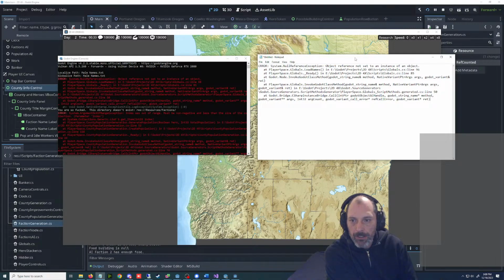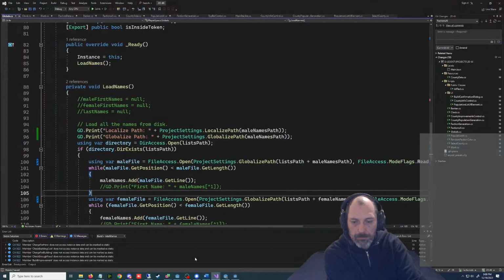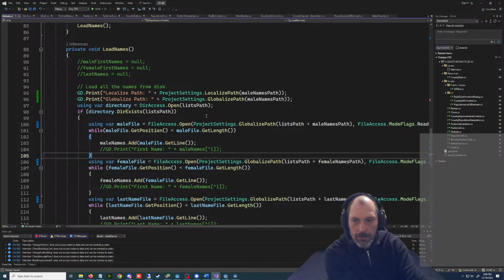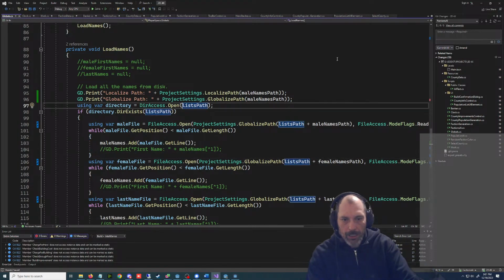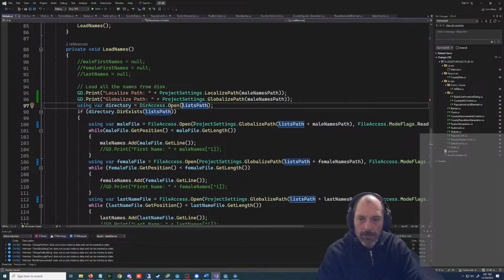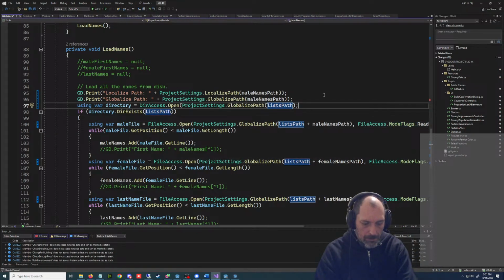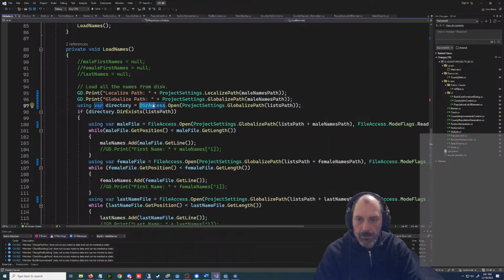No, it's the same error. Oh, this needs the globalized thing here. This also, whoops, we can just copy this whole thing over here.